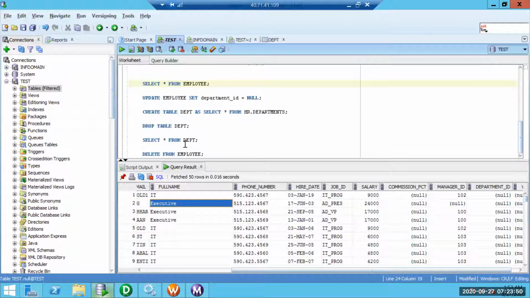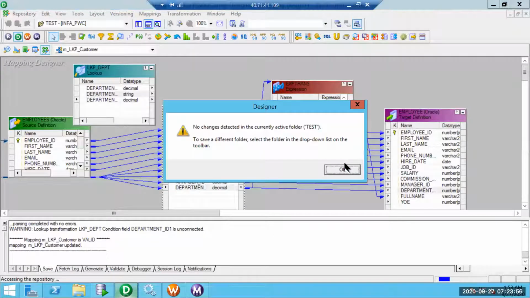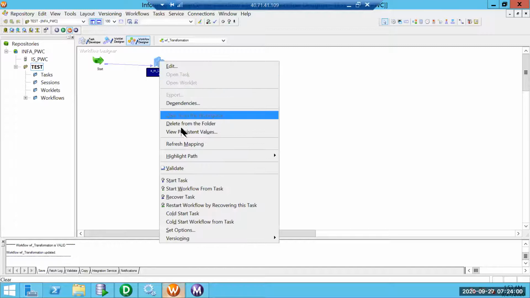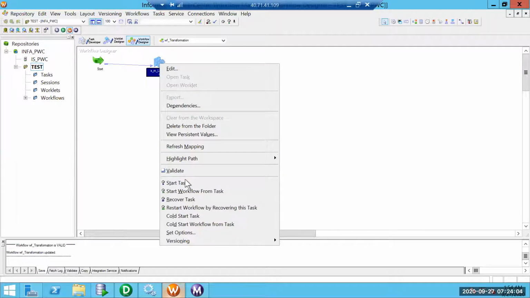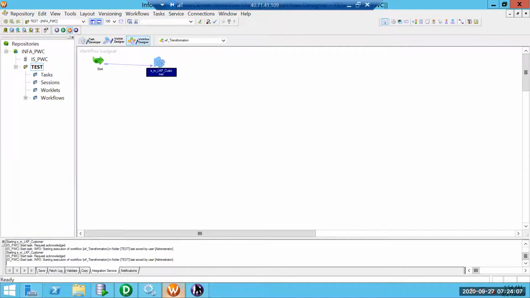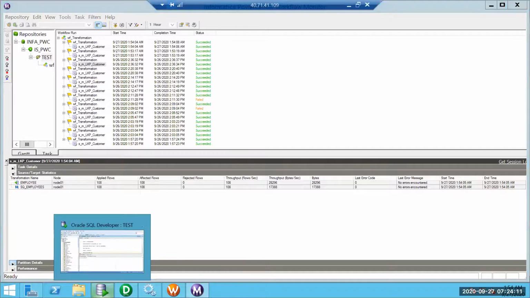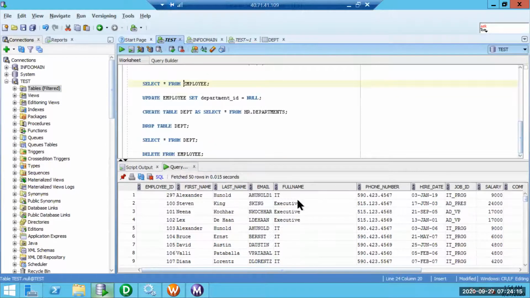Let me delete the data. Commit it. Since we have done some changes, we need to refresh the session. Now let's try to run this. Okay, perfect. It executed and succeeded also. Let's see the data and validate if it is correct or not.